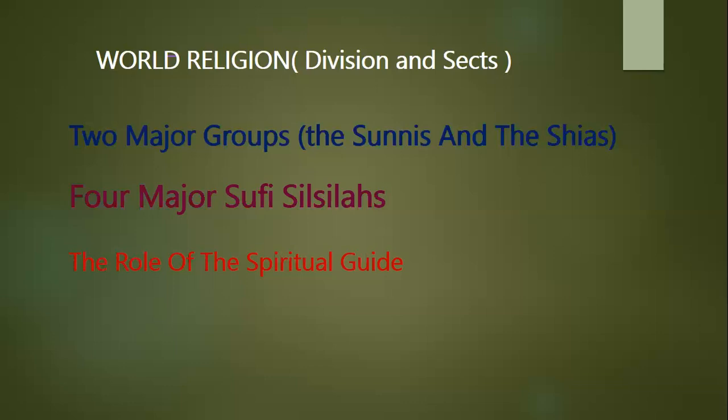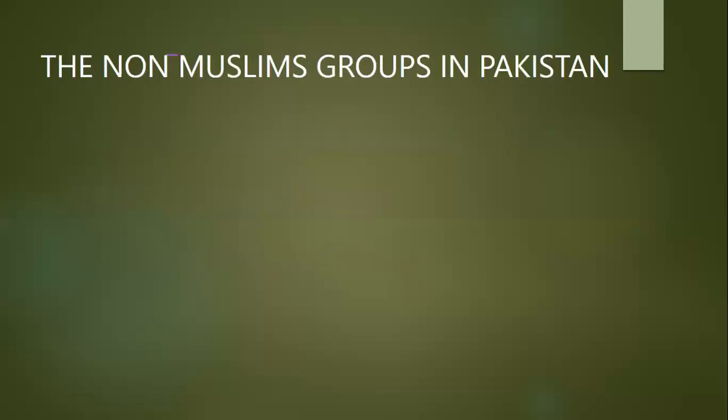These we discussed. Then we discuss a notable, important feature. The Sunni Muslim affiliation has four major silsila: the Chishti, Sarwardi, Qadri, and Naqshbandi. And the role of the spiritual guide, called Pir, out of veneration, has come to be institutionalized with large following and trust attached.